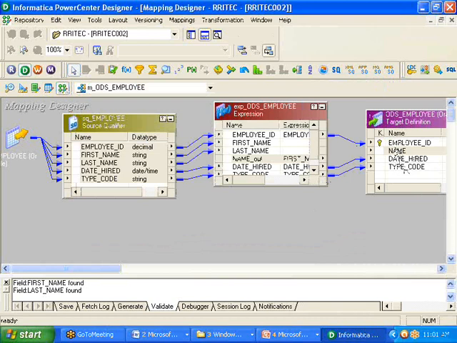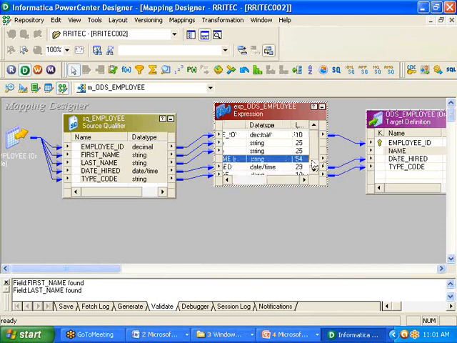However, name is here, and name out is available here. Both are not matching. That is the reason it is not connecting. Those kinds of things you need to do manually. You can do it manually at a later point of time. Okay, these are all things we did.